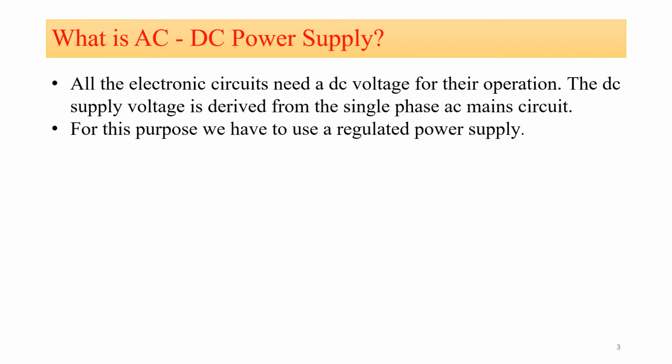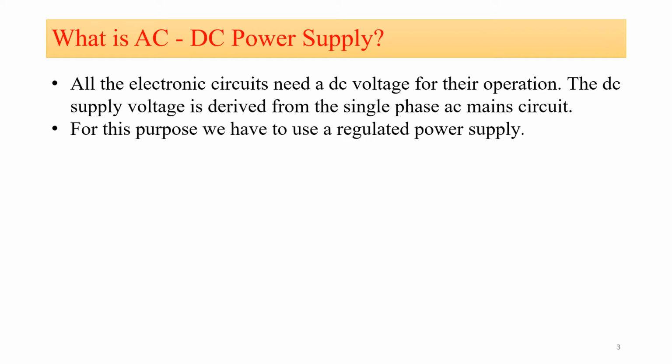Now, if we consider the example of your mobile charger, then to charge our mobile, we require the mobile charger, and the output of our mobile charger is 5 volt DC, but the supply from our electricity board is 230 volt AC. So to convert these 230 volt AC into 5 volt DC, we will require several electronic components, and the combination of the several electronic components is nothing but what? The DC regulated power supply.